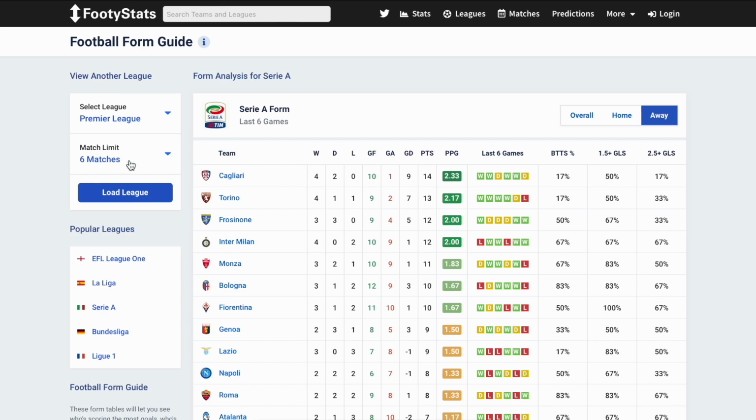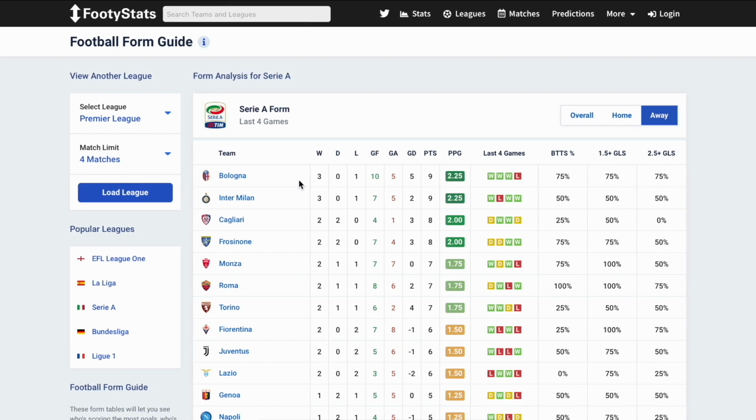When you narrow the focus to a smaller number of matches, such as the last few games, you're primarily looking at the team's very recent form. This can be valuable for understanding immediate trends like a team's current winning or losing streak. However, this approach may be more short-term oriented, which might not fully represent the team's overall capabilities.